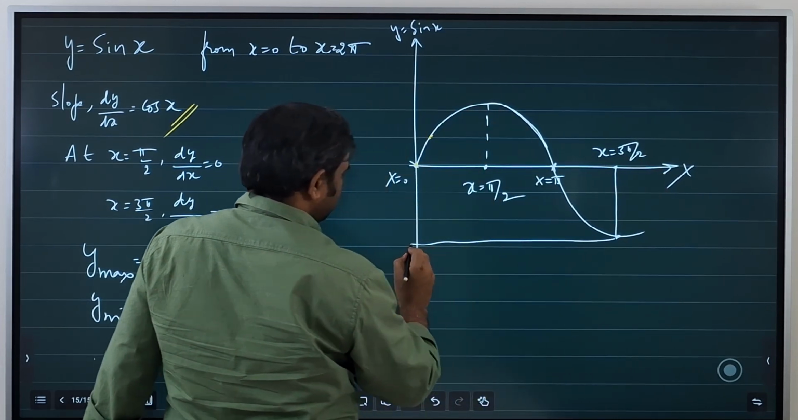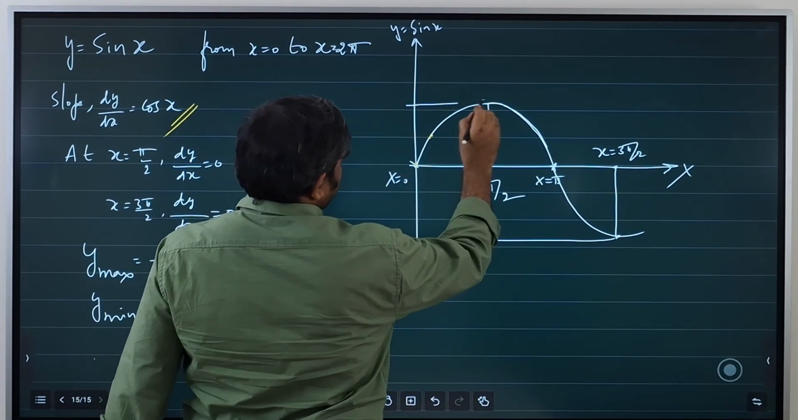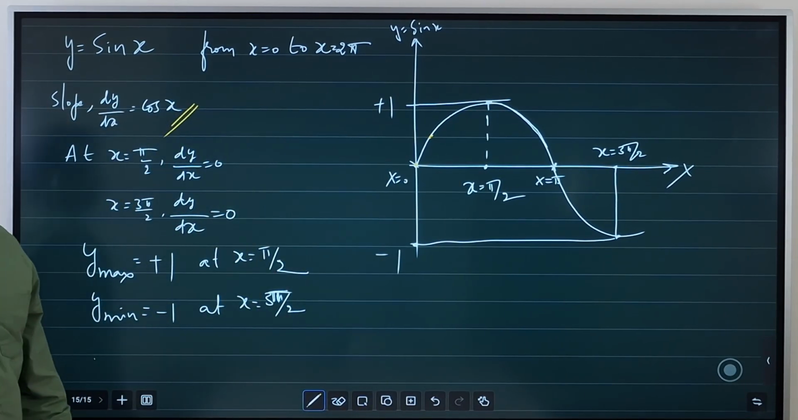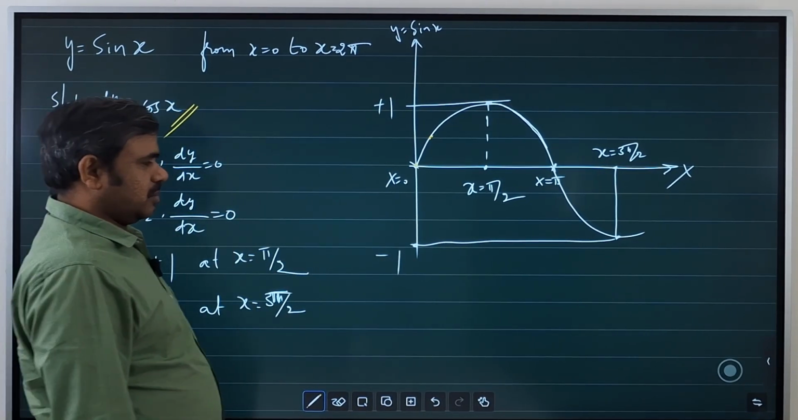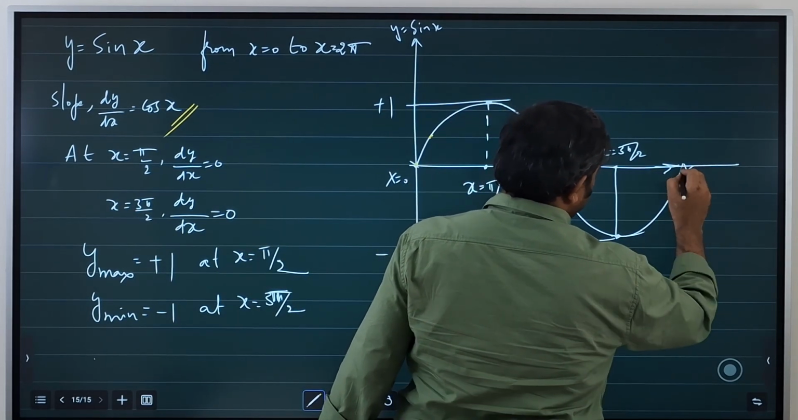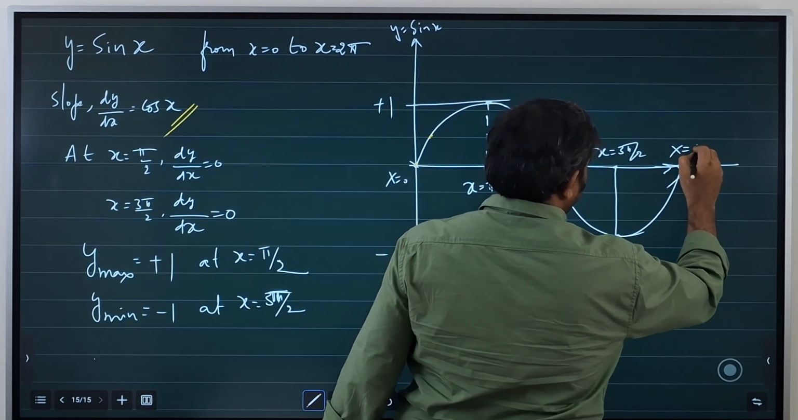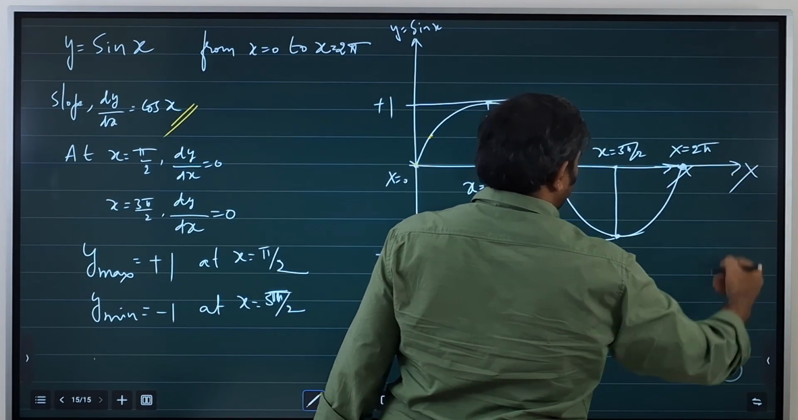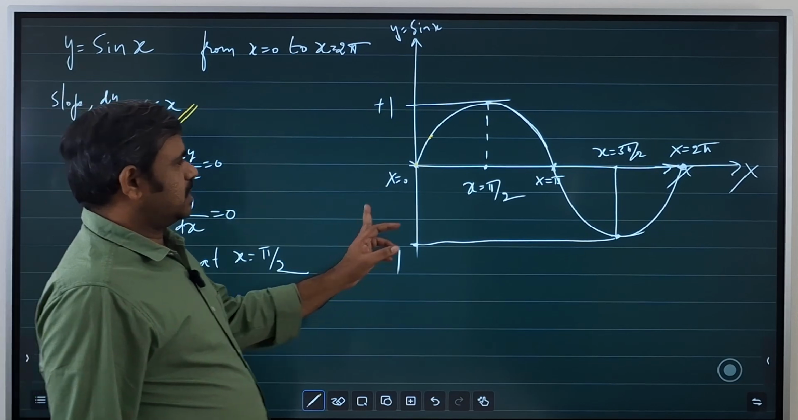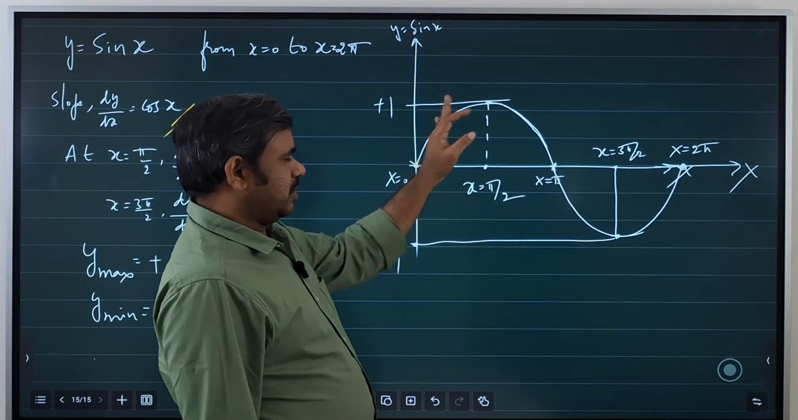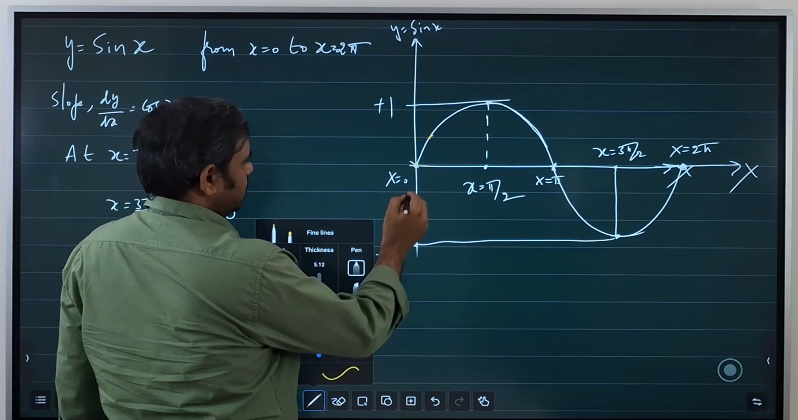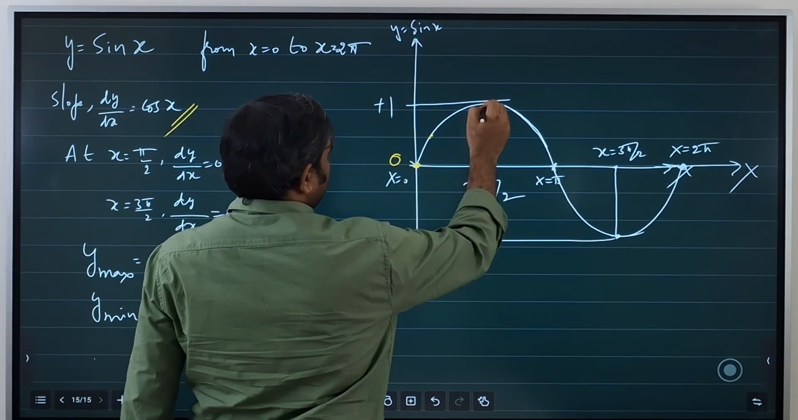You know, the minimum value of y is minus 1, the maximum value of y is plus 1. Y becomes minimum at x is equal to 3 pi by 2. And after that, y increases, becomes 0 when x is equal to 2 pi. This is what happens in one cycle in 360 degrees. X increases, y also increases from 0 to pi by 2. So from point O to A,